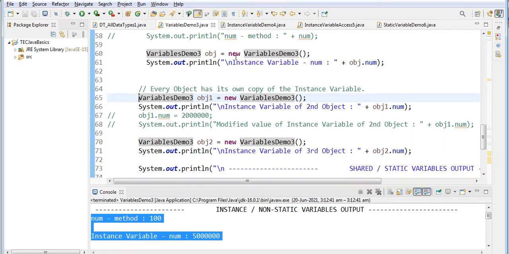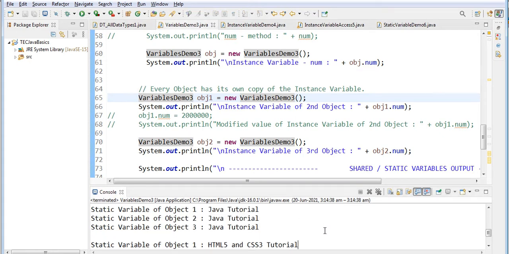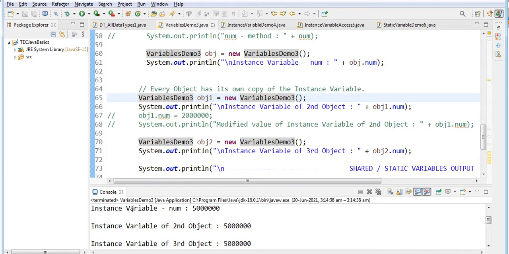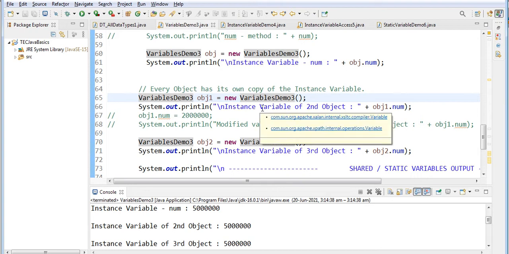We'll see what the output is. See, this is the first object, so 50 lakhs, second is 50 lakhs, third is 50 lakhs. So I told you each object will have its own copy.